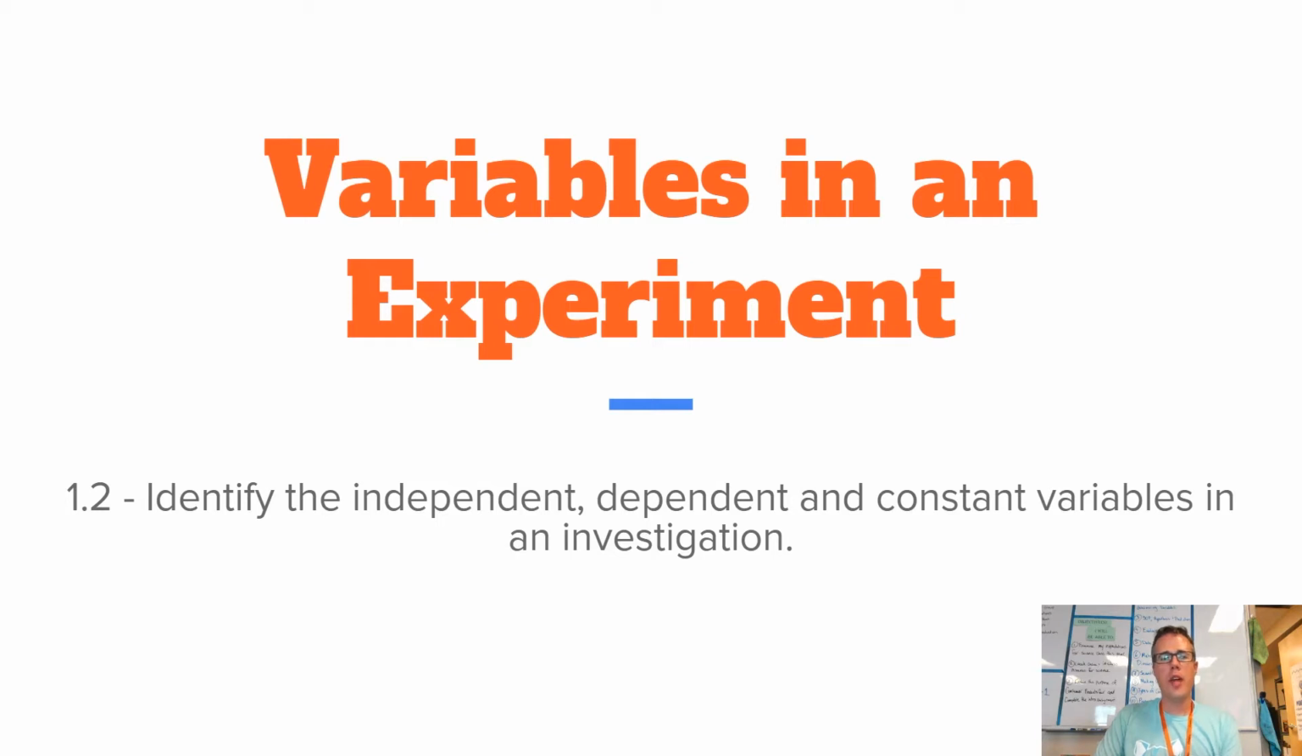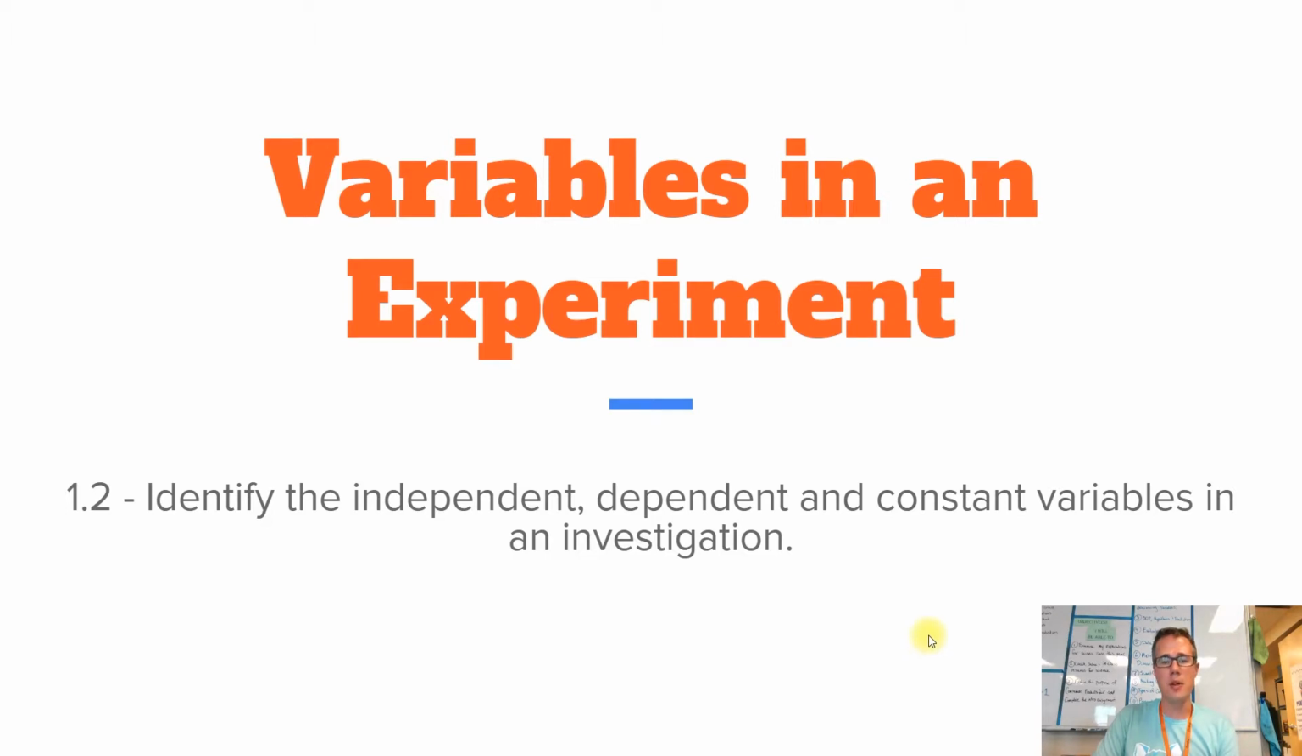Hello, 8th graders. We're going to look at variables in your experiment. This is ELR 1.2, which says that your job is to identify the independent, dependent, and constant variables in an investigation. This is something that I know that you've seen before, at least since 6th grade science,